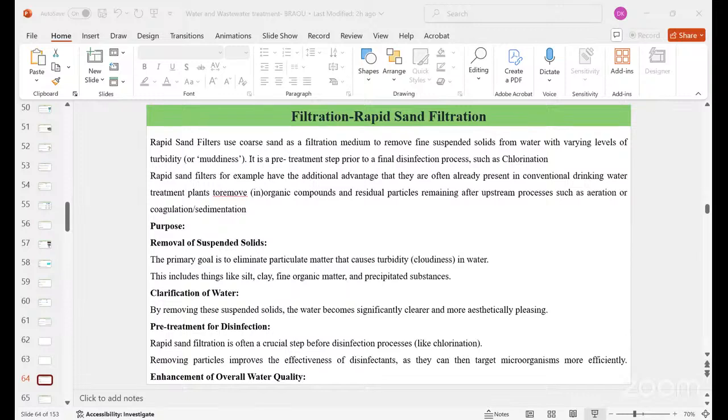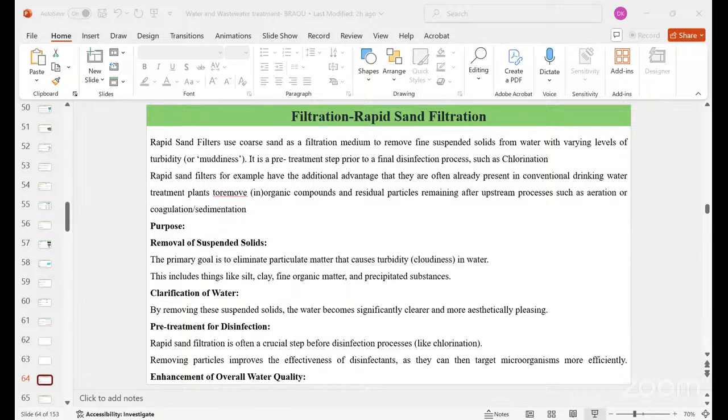The main driving forces include gravity and pressure. Gravity is more economical and widely applied. Through the soil pores, the water will be infiltrated naturally by gravity, and vacuum or centrifugal force is also used. Either the water goes through the filter medium naturally by gravity, or through vacuum, by using some centrifugal force or a pumping source, the water has to be infiltrated through the soil. And